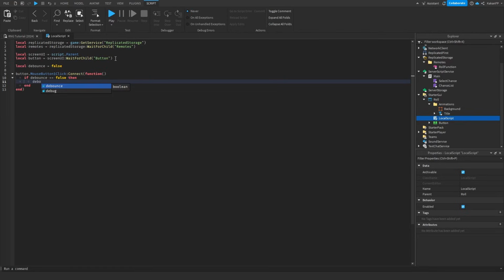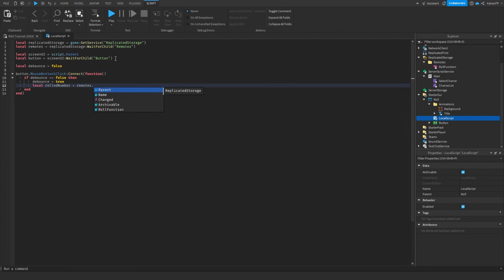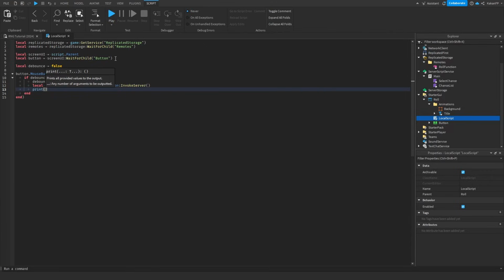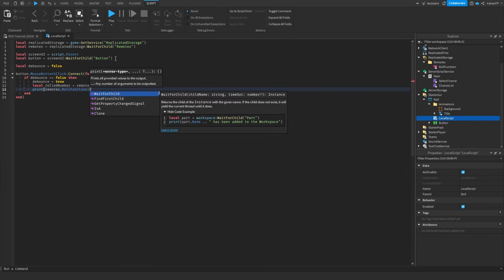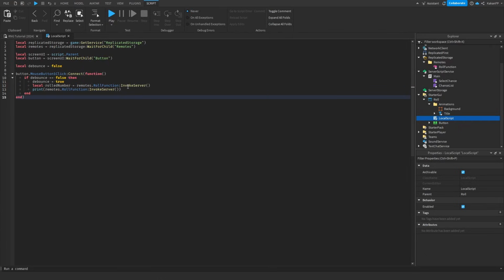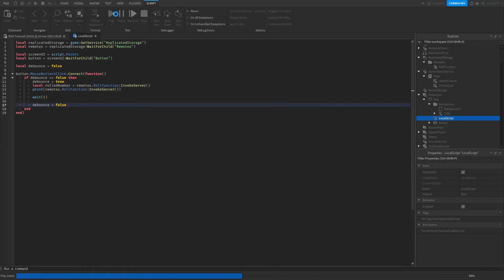If so, we're going to set the debounce to true, and we're going to say local roll number equals remotes dot roll function invoke server. We can also say print remotes dot roll function invoke server, and we can say wait 1 second and debounce equals to false. So if we go ahead and test now,